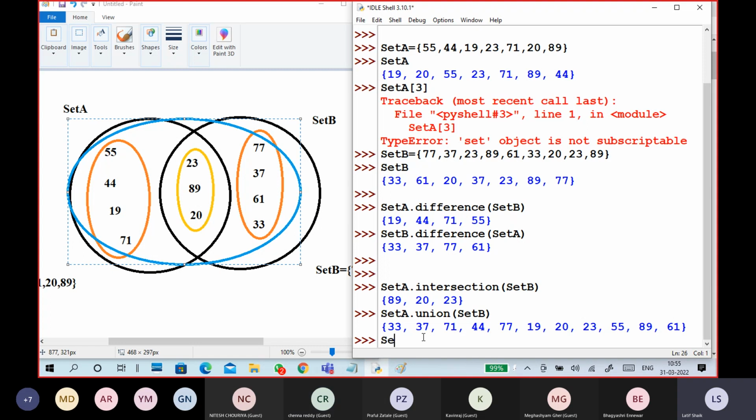So what other things are there? Set A dot... some other things, like add, are there. So I will go to add.